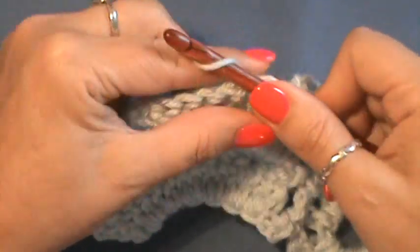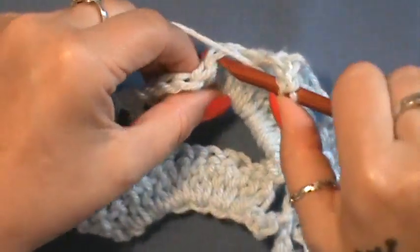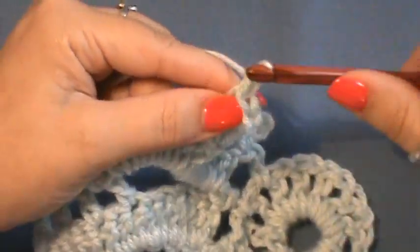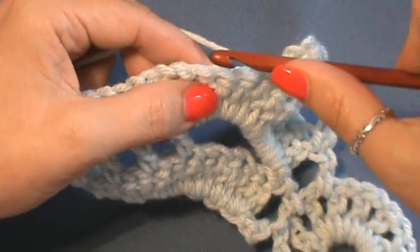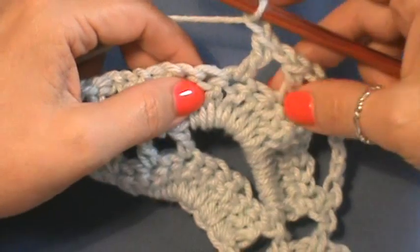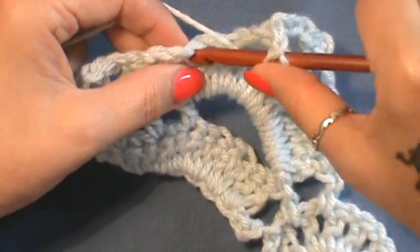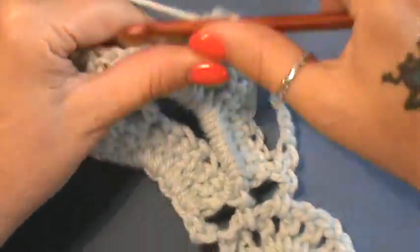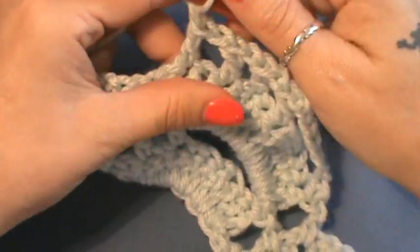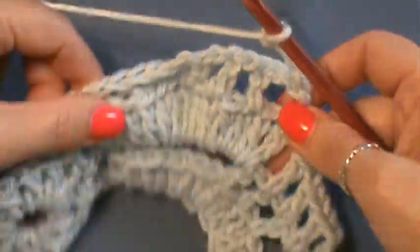So we're going to do this 3 times. So double crochet, chain 1, and skip 1. Double crochet, chain 1, skip 1, and double crochet, chain 1, and then we've got to do that, let's see, a total of 3 times. Alright, and now what we're going to be doing is a chain 4. So I just chained 1, 2, 3, and 4. So now we're going to turn,